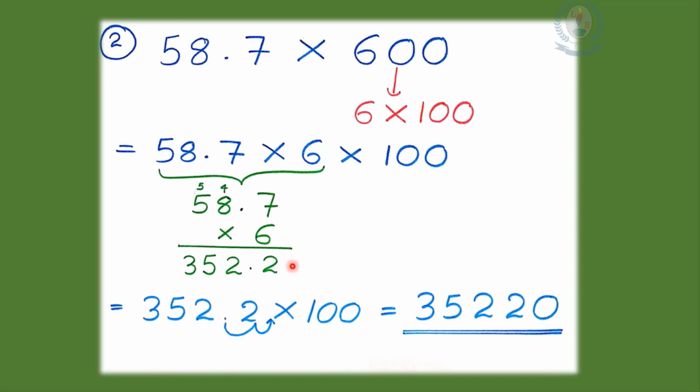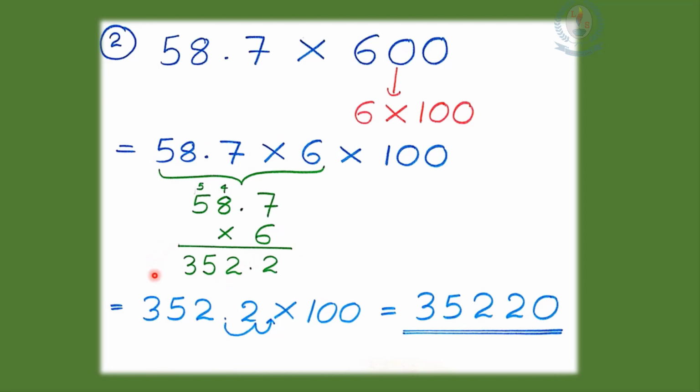Then 6 times 7, 42. From 42 we are writing here 2. That 4 comes there. Then 6 times 8, 48. 48 plus 4, 52. From 52 we are writing 2 here. That 5 comes here. Then 6 times 5, 30. 30 plus 5, 35. So the answer, after multiplying 58.7 by 6, we are getting